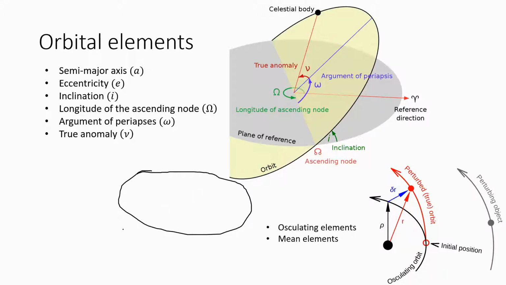You also have the celestial equator, the equator of the Earth projected onto the celestial sphere. This here is the Earth. Sorry for the bad diagram, but the vernal equinox is basically just a direction that is defined as a reference in